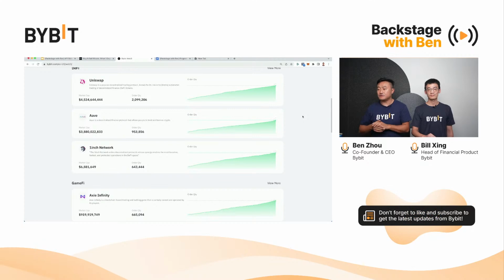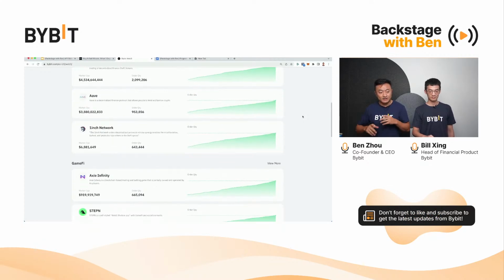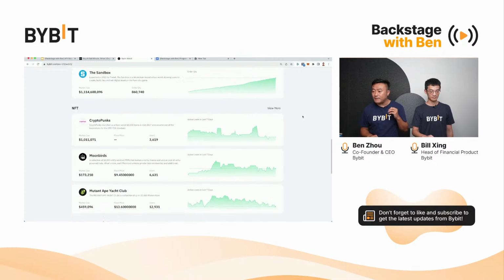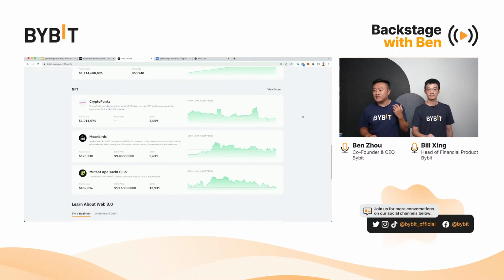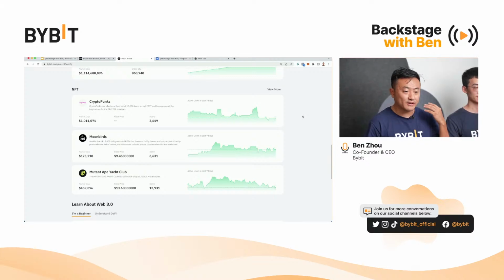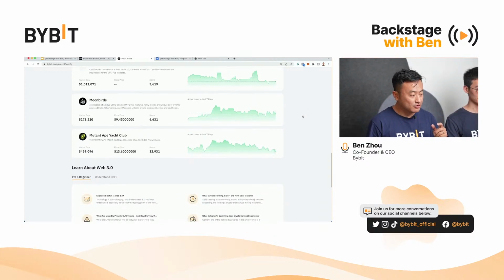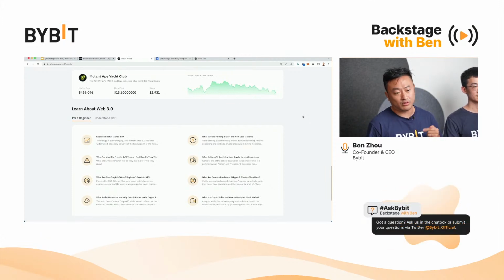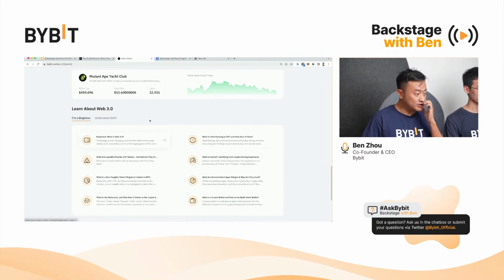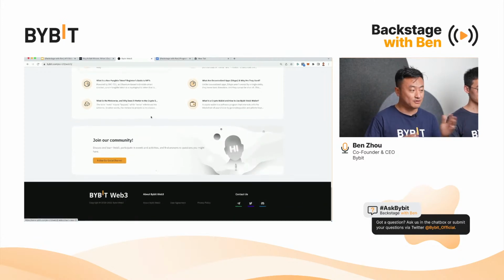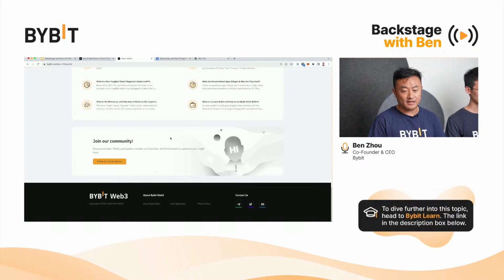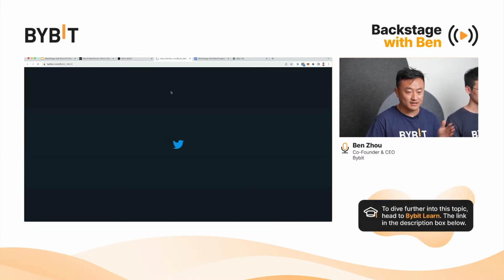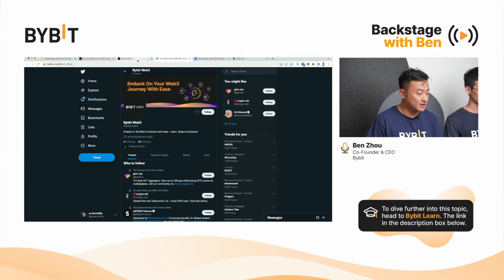I highly encourage you to check it out and try it out. And if you open our Bybit mobile app, it's already integrated. So meaning that the moment you open the app, you create a wallet, you'll be able to interact with all these DeFi protocols directly with our wallet, because that environment has already been set up, okay? So that you can do an internal transfer from Bybit to your Bybit wallet, and it is very fast, and also on-chain